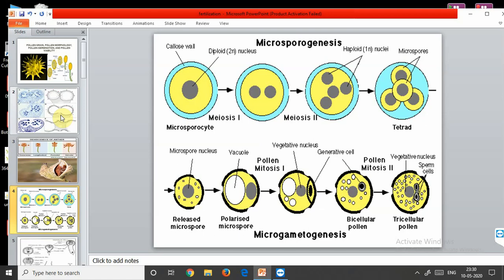And when the development of pollen takes place at the mother place, that is inside the pollen sac of anther, then it is called in situ development. These are the two terms that are used on the basis of where the development of the pollen is occurring. Now we'll talk about the pre-pollination development.